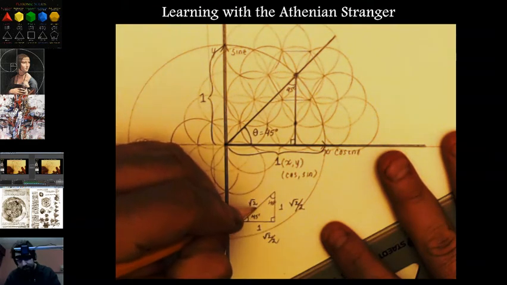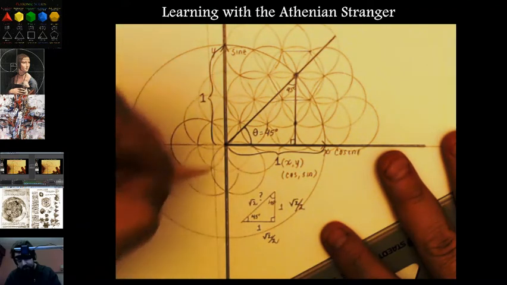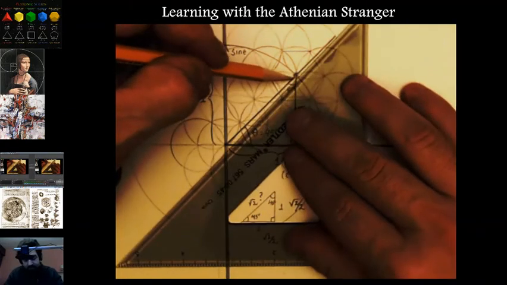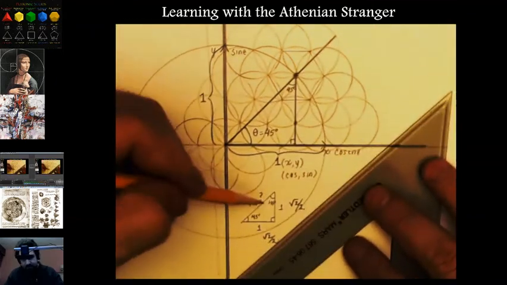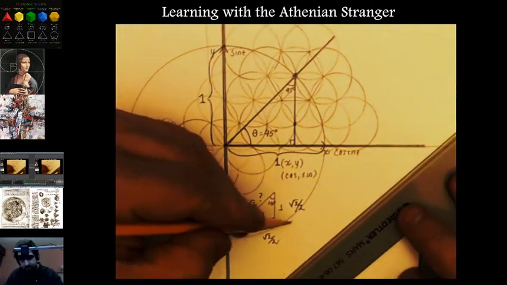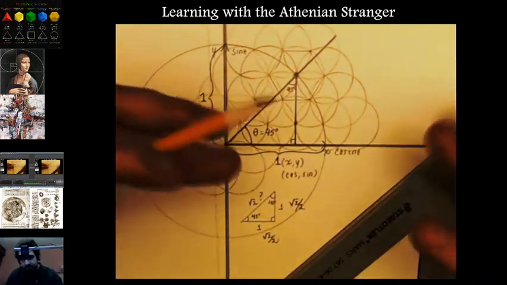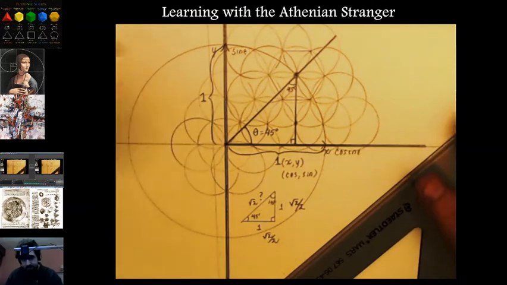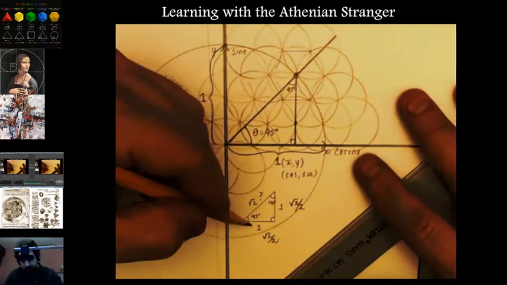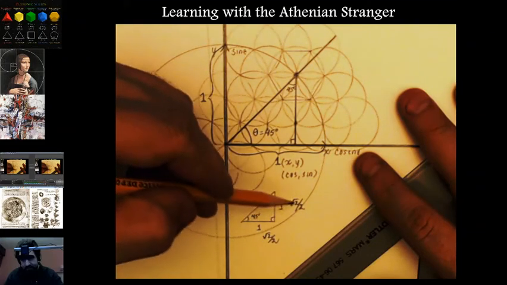What I need to now recompute is the new hypotenuse if I want to know the hypotenuse distance, and you can do that using the Pythagorean formula. But because we're not here to compute things, we're here to draw things, we'll just move on with knowing that this is the distance